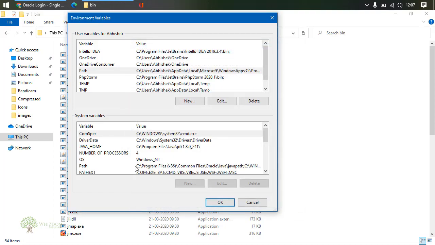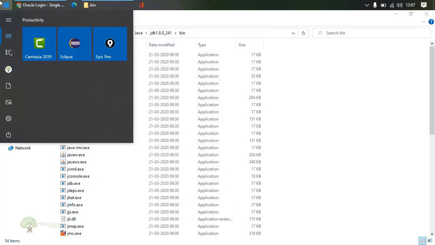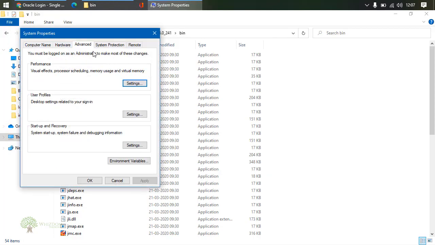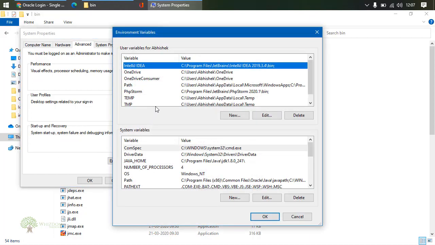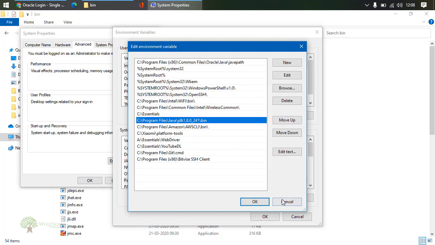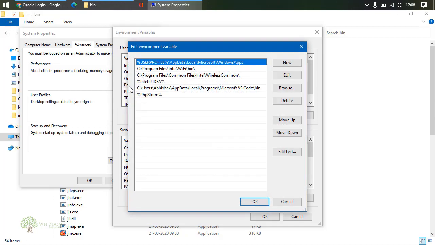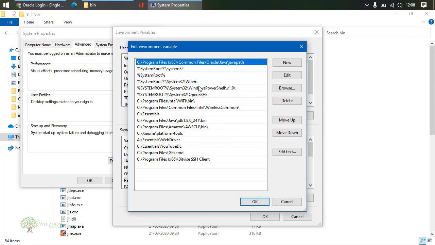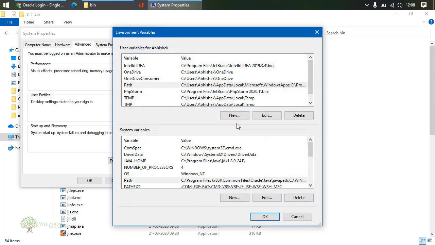I'm not clicking OK because the path has already been added here. I'm not able to edit it right now. Let me just open it in the other way. So here in the path variable, I have added this path already, so I'm not adding it. You need to add it on this particular part. In case you have the administrator rights, you can add this path over here as well. The difference between both of these is that this particular part would be available to your account only, and this is machine wide. Okay, so this is done.